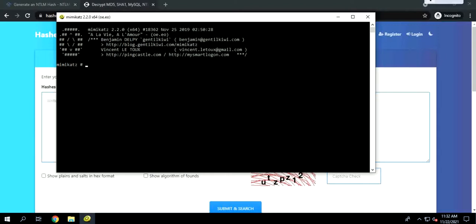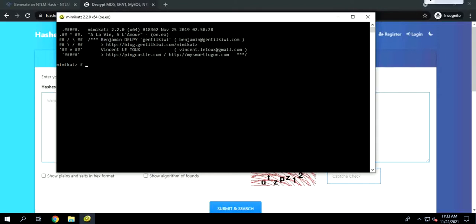Mimikatz is a very well-known security researcher tool, and it basically allows you to access as well as parse the memory of certain processes which store passwords in memory. Its exact capabilities and usability will vary based on the specific version of Windows as well as the security features enabled. But in general, it will allow us to extract password hashes from memory. It is a very widely used tool in the market, and this video is only for educational purposes.